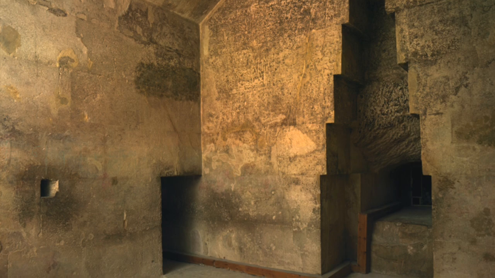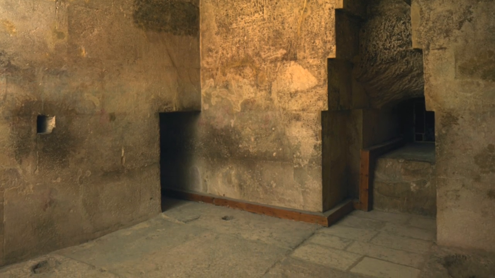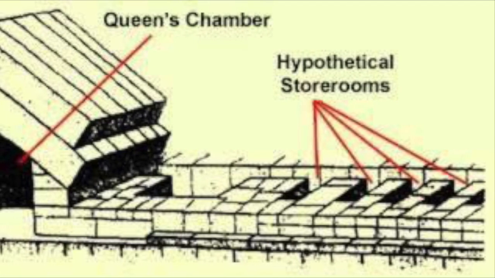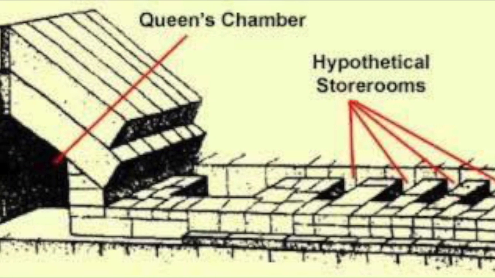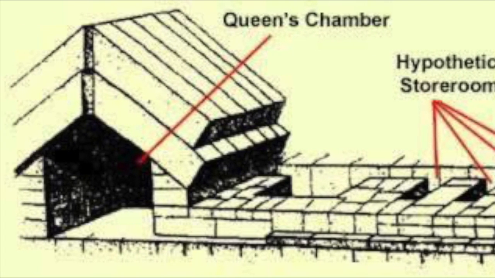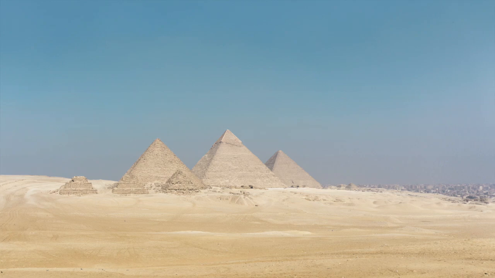What the Japanese team did do, however, was analyse some of the sand that was taken from the chamber via the drilled hole, and they determined that it was quartz sand, something we have briefly touched upon on this channel before. Why had it been imported into the Great Pyramid from far away, and why were there chambers full of it inside the Great Pyramid? To this day, there is no concrete answer, right?